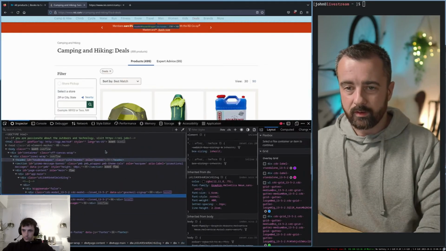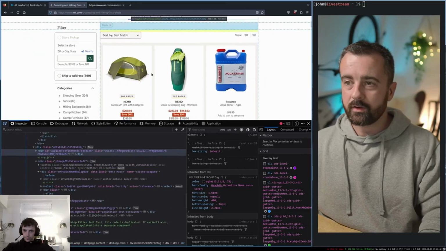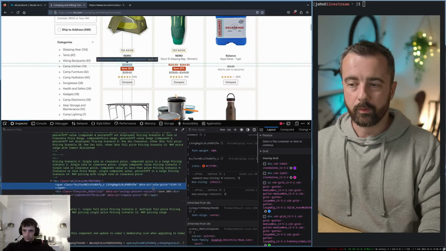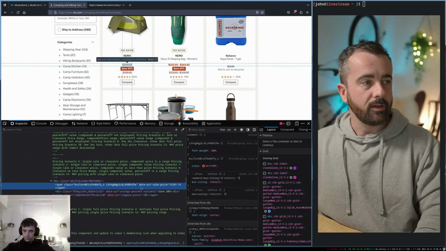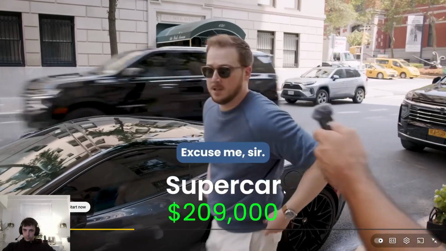And I'm just going to make this a little bit bigger. What we're going to do is we're going to use this little tool here to click on some of the information, something maybe like this price, for example. And you'll see down here that I have this element selected, and it's